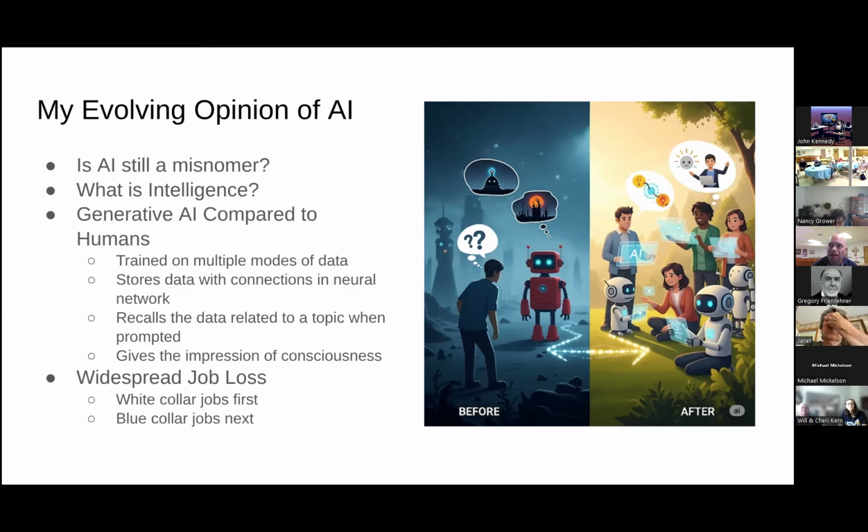And then widespread job loss, I think, will be a thing, more with white collar jobs first, like I mentioned previously. Blue collar jobs are gonna be several years later. If you look at blue collar jobs, they would obviously require interacting in the physical world. The robots are getting better. They have pretty simple servos, motors, and sensors to navigate the world. You throw AI on top of that, and it's exponential compounding of capabilities.